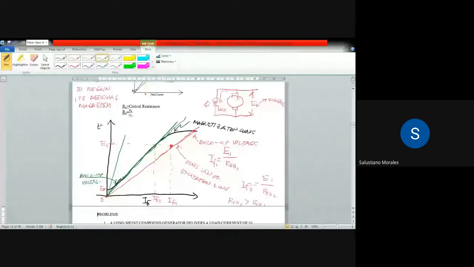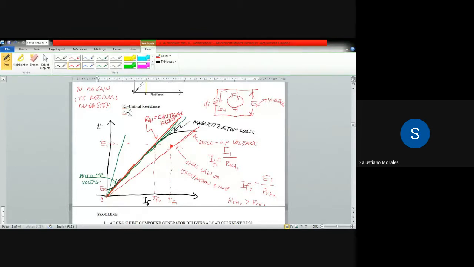And the critical resistance of the field should be shown. So itong gawin ko lang na red para makita natin. So this red line for the Ohm's law line will give to us the resistance natin dito, the shunt field, equal to the critical